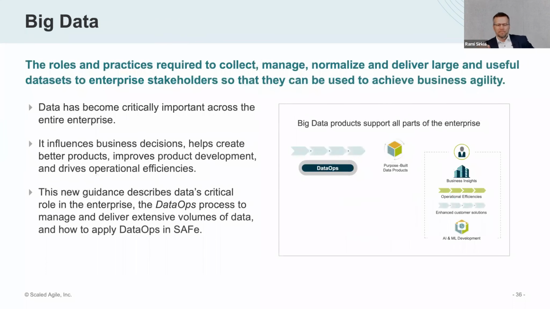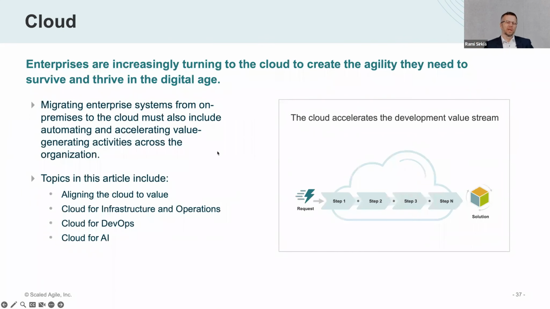Big data. There's a kind of DataOps as a lifecycle process that helps you again understand how you can utilize the big data, how you can immerse the big data into this whole governance and management model we call SAVE. And then finally, cloud. So obviously, you can test your strategies much easier when you can establish a development pipeline using these cloud-enabled technologies. It will change your infrastructure and operations. It will ease up the DevOps and obviously enable the AI as part.